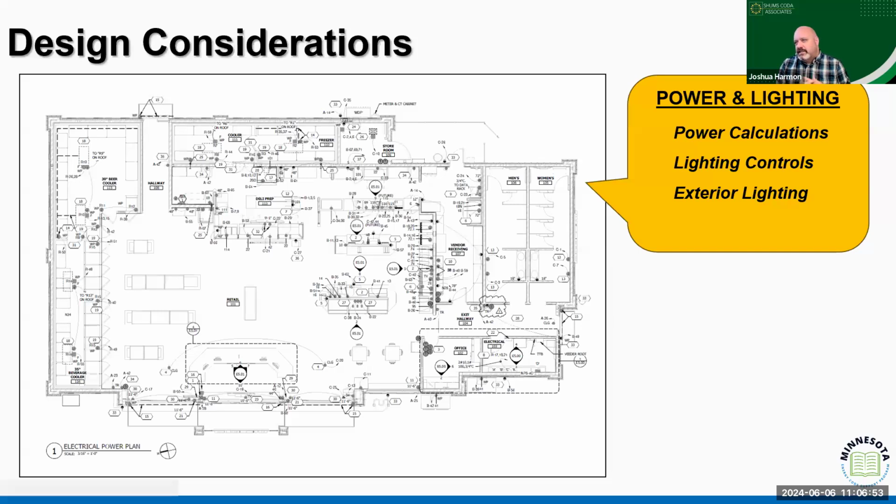Some other considerations, and I know we don't have too much time left, but some other considerations that come into play when we think about commercial construction is going to be the concept of power and lighting, right? Lighting controls and power calculations are important elements when we consider how a building operates, and they're very easy to identify when we think about when does an HVAC system operate, how do we control zones, how does the lighting operate, right?